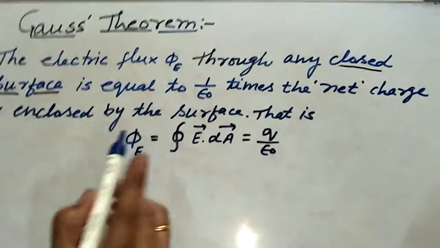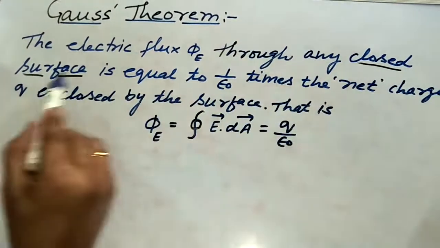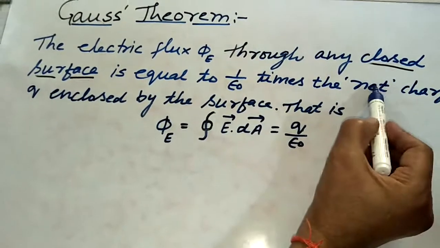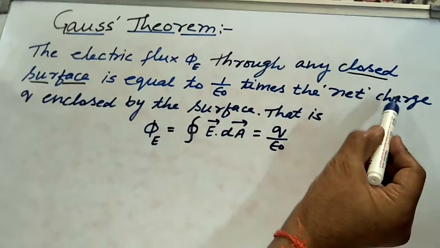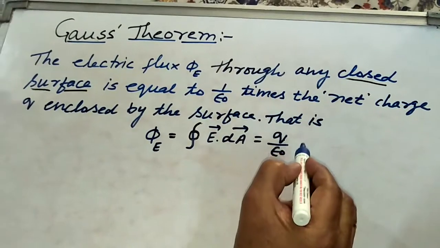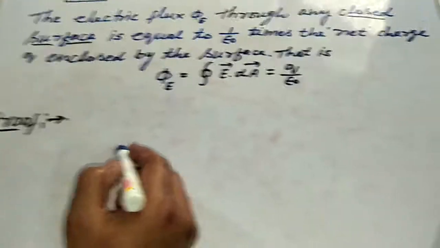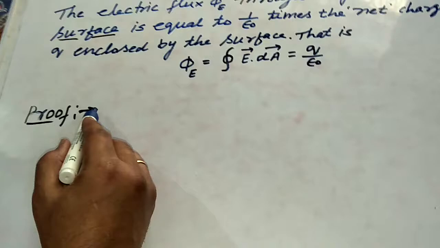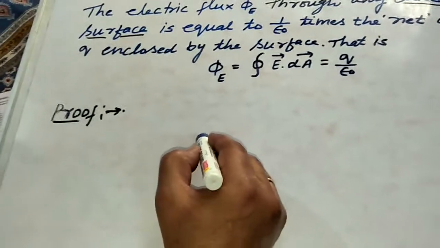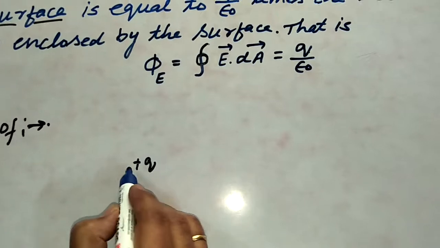So according to the Gauss theorem, two points are very important. First, the surface should be closed, and second, the net charge. It does not matter what the position of the charge inside the surface is, or what the shape of the surface is. And for the proof of this Gauss theorem, let us consider a charge plus q, suppose, situated at